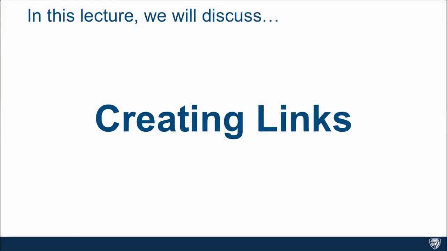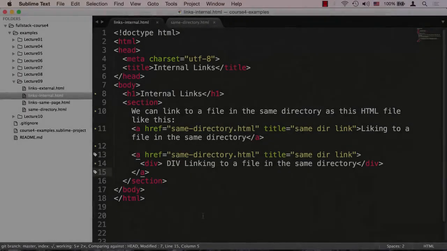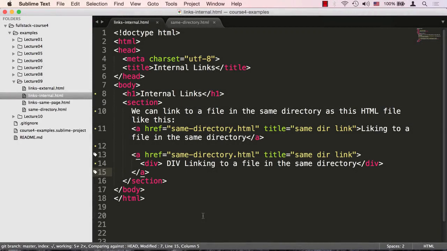Links are pretty much what makes the web what it is. In this lecture, we're going to take a look at different types of links and how you could create them in your HTML page. So the first type of links that we're going to take a look at are internal